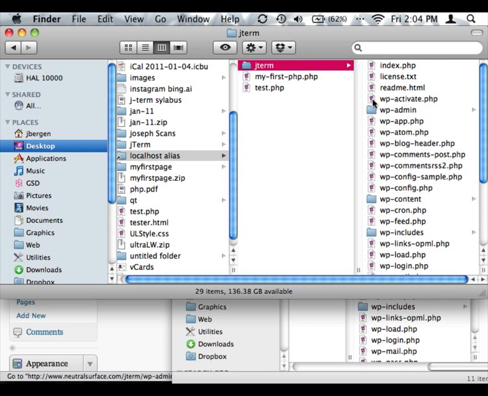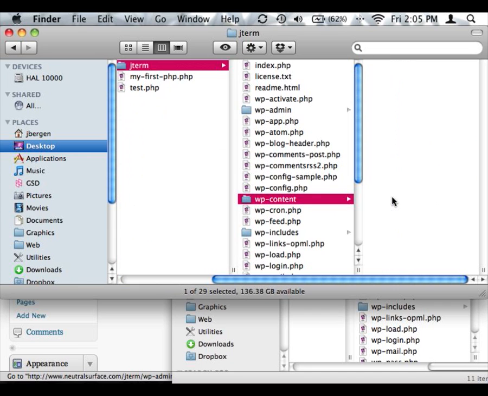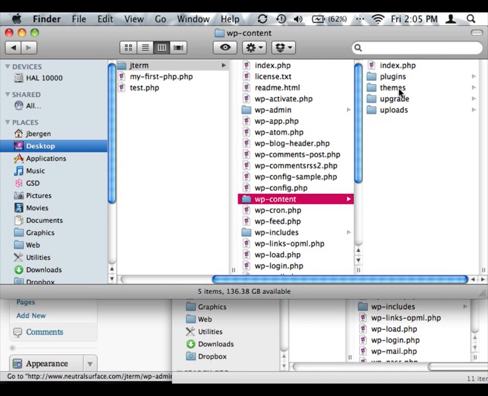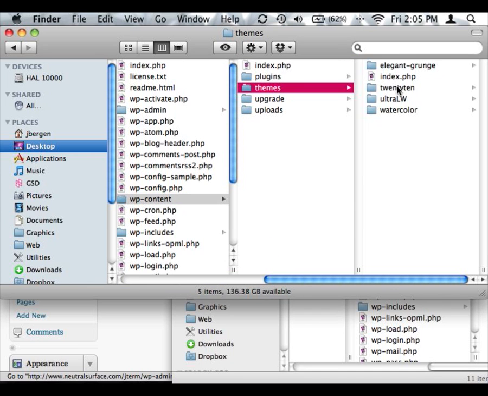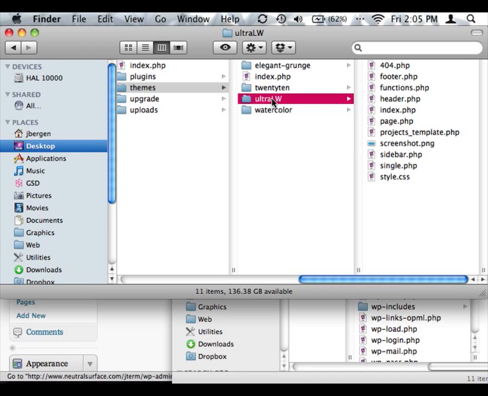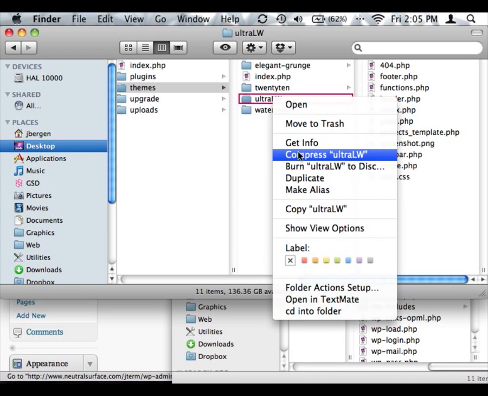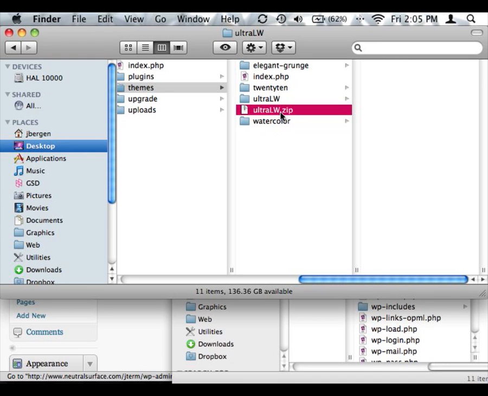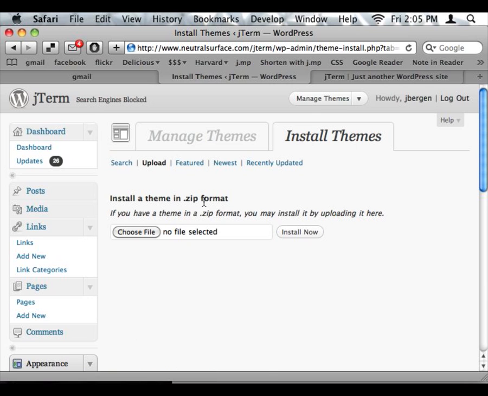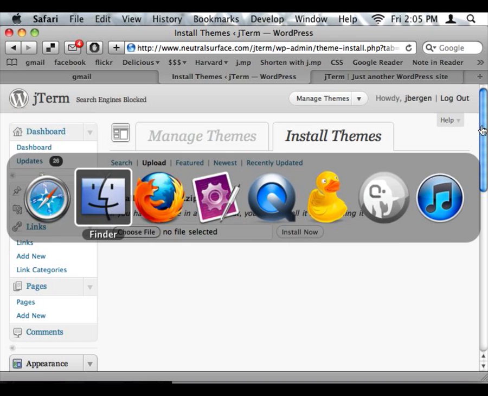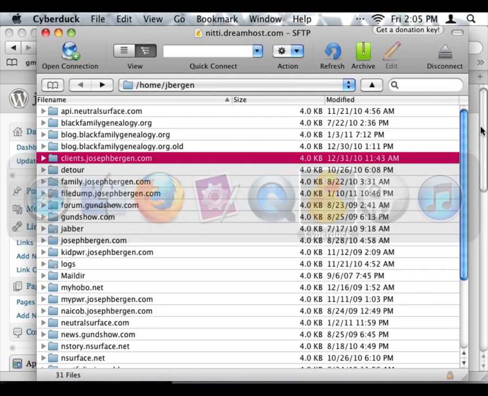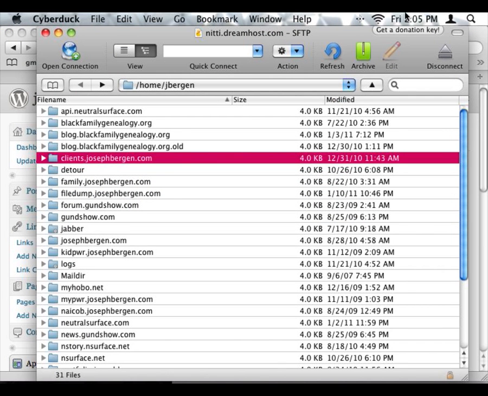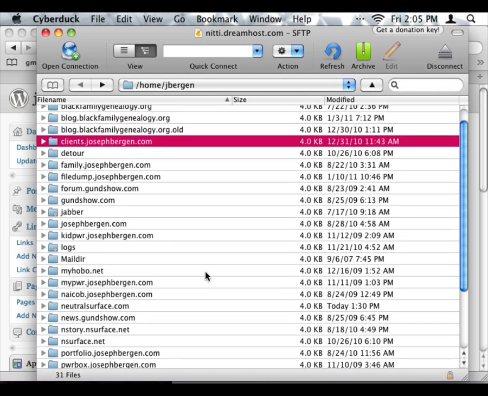So this is my localhost folder, and then the install that I've been running. If I wanted to upload it, I could just compress it, turn it into a zip folder, and then upload that folder, and it would appear in my managed themes list. But I want to show you how to do the FTP site. So I'm going to refresh this. I should be able to find my